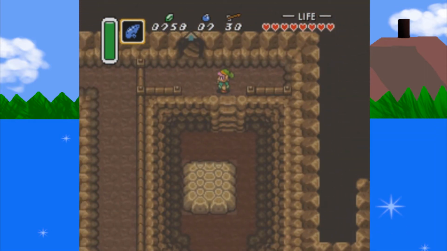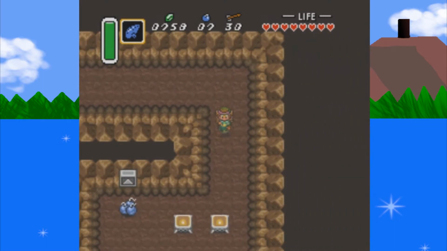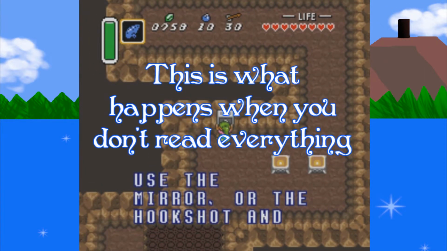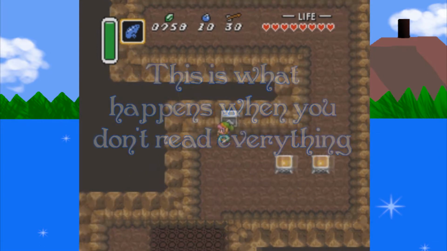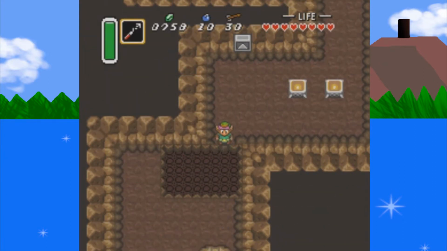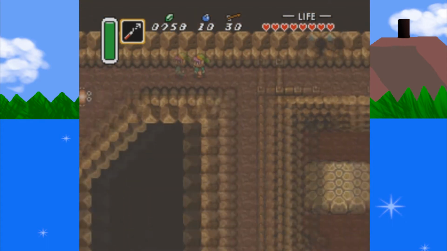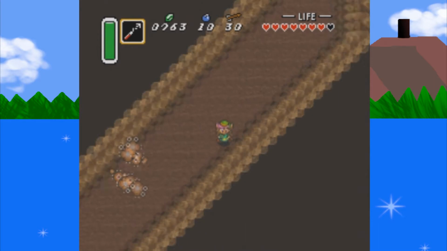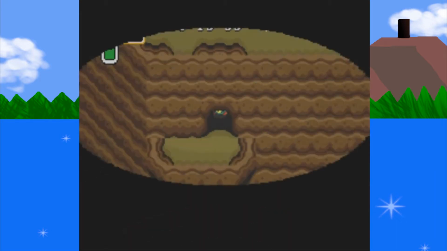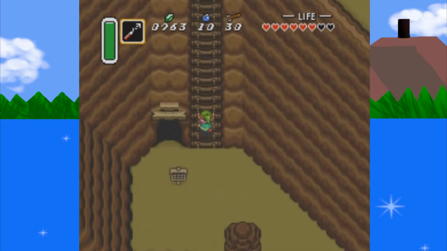and find a few key items, or at least more bombs. Sure, I'm not complaining. And thankfully we have the hook shot. Okay, nope. So yeah, at this point we were supposed to have the gloves. We may actually be able to make it through the mountain tower,